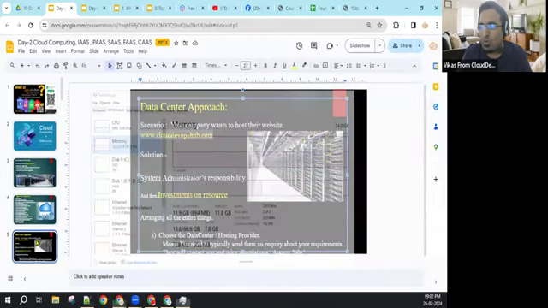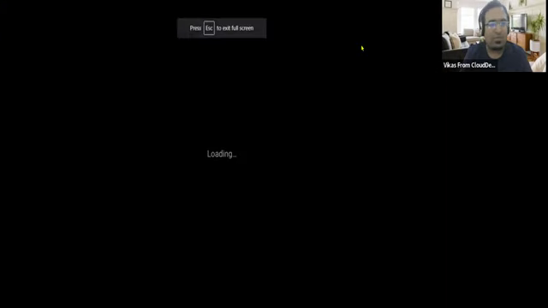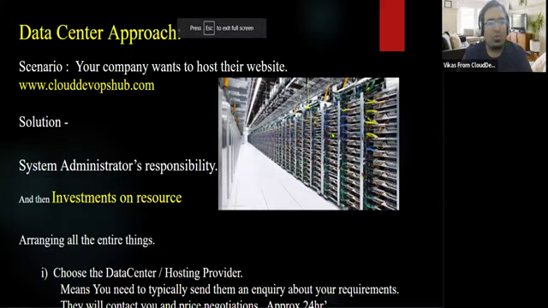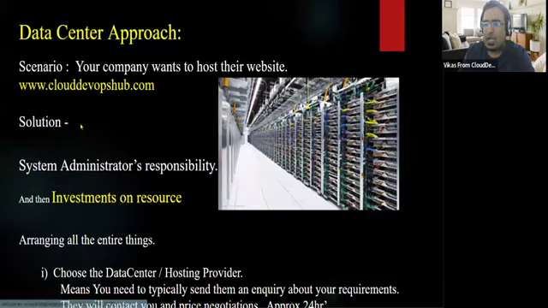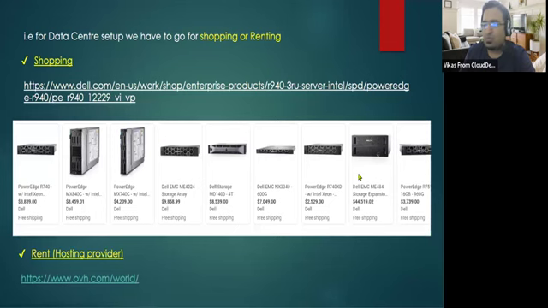So this type of problem happens in the infrastructure, in the physical environment. So we overcome this problem and we come into the cloud. We will discuss more about it. First option, I can go shopping, purchase a new one and add it. Second, I can take it on rent as well, but I have to pay a particular rent. So this is again a solution.